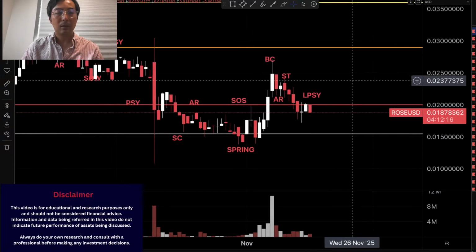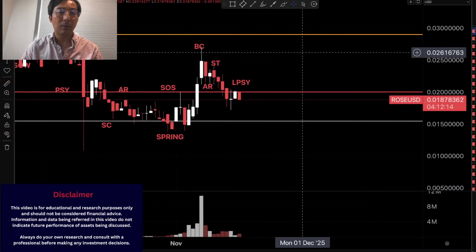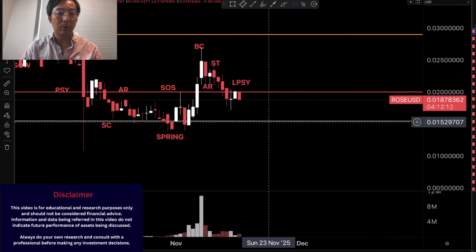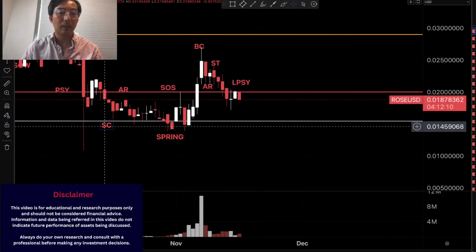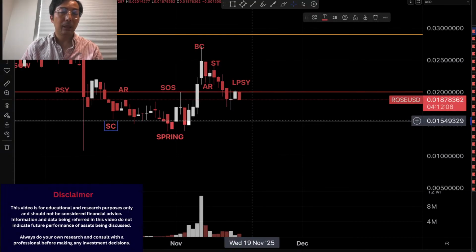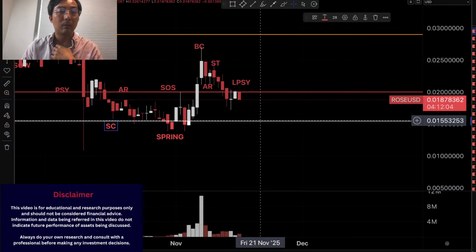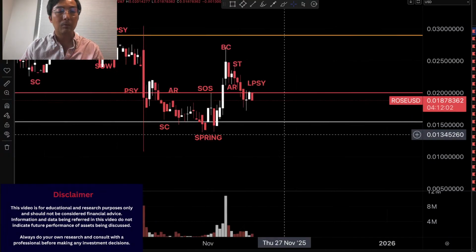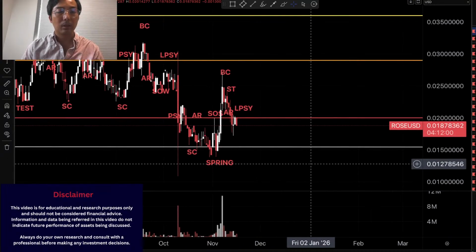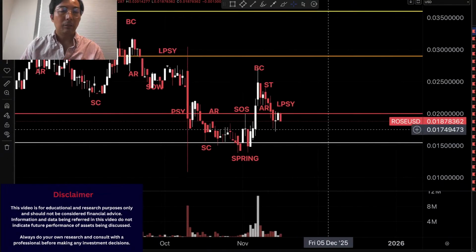Alright, so it can continue sideways trading or just dig deeper to show us once again a selling climax for this mini cycle. Testing this white line at around 1 cent 50. That's the bottom edge of the long-term playground. So if